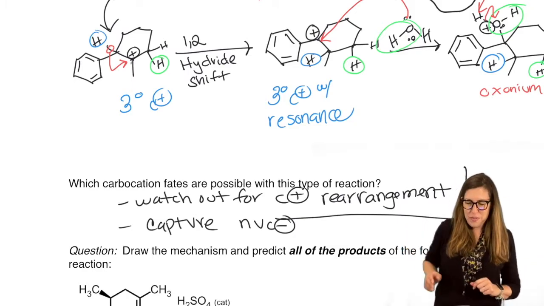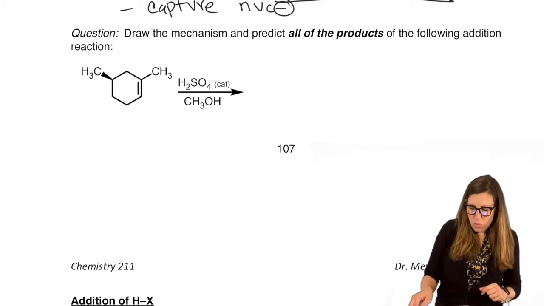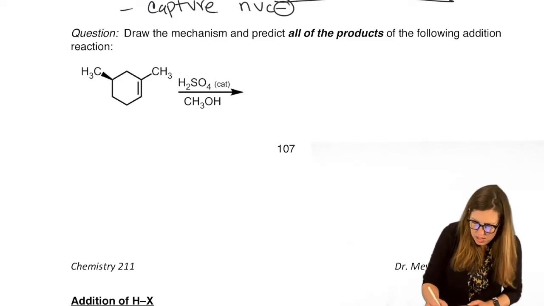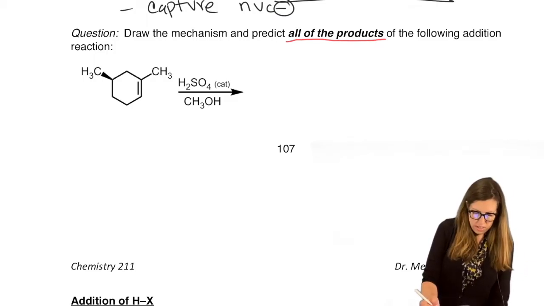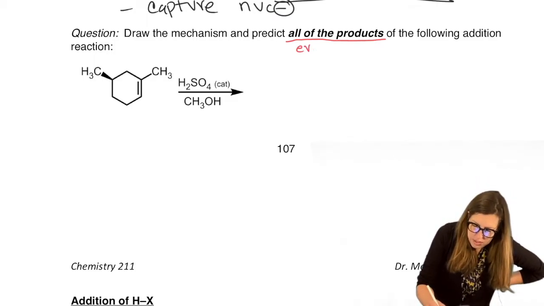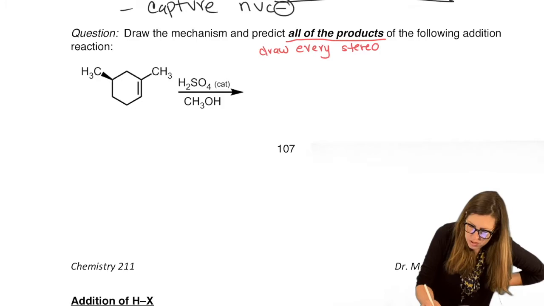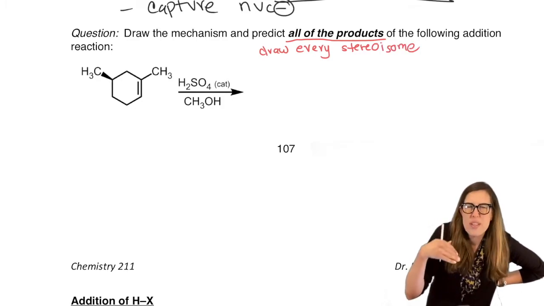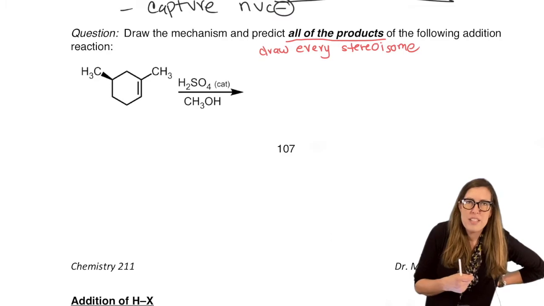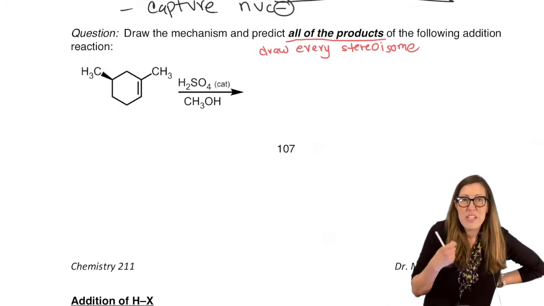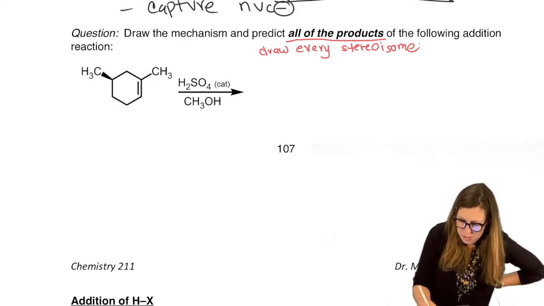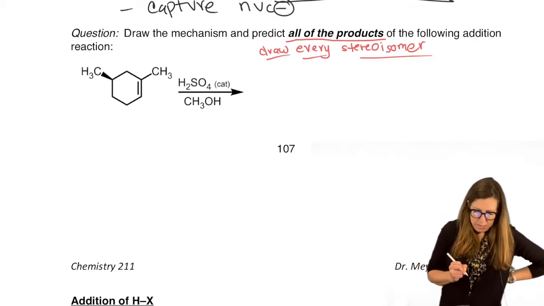Now we're going to focus on stereochemistry a little bit more, which is what you have to watch for in the instructions. Predict all of the products. So let's be explicit. Draw every stereoisomer. We're not just going to label, oh yeah, that's chiral. We know what that means. Because the reality is we learned that recently, but it doesn't help. We could forget it, right? We need to actually draw them out sometimes to remind ourselves. Draw every stereoisomer to really get what that means.